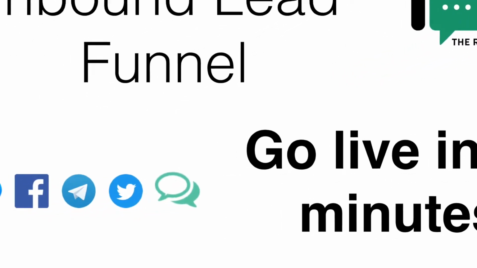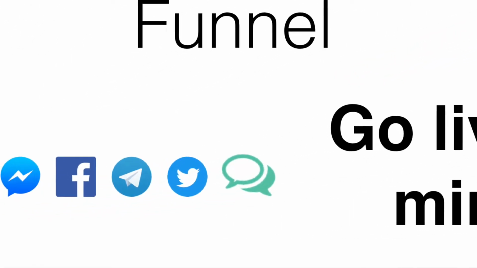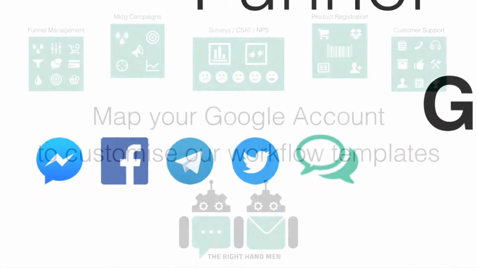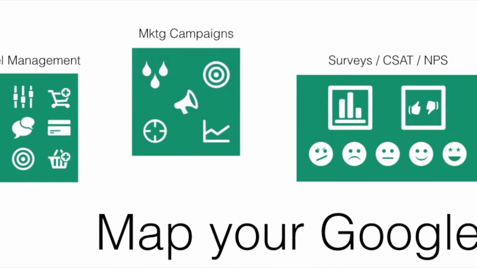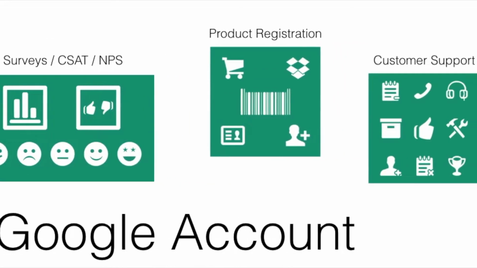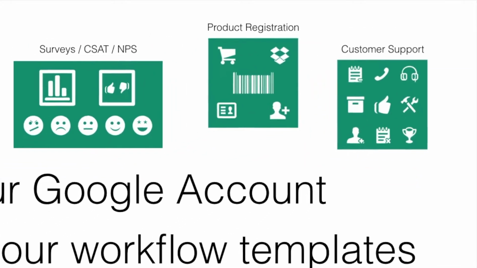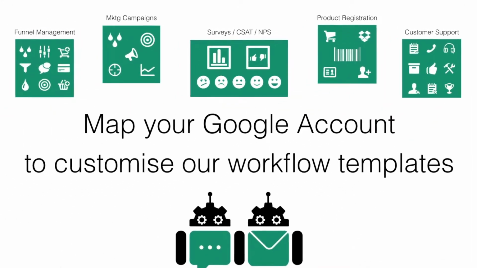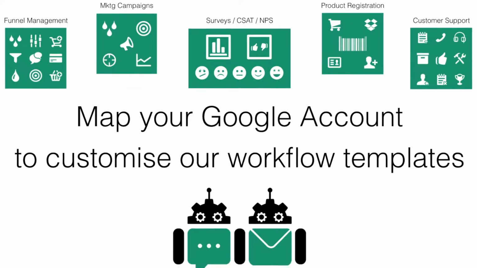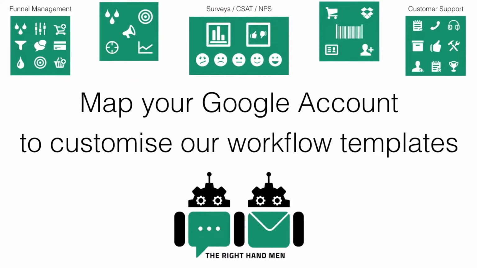Facebook business page, Twitter handle, Instagram account, or even your website's chat functionality, so that you can exploit automation to implement funnel management, sale enablement, customer registration, or even execute post-sale operations like customer support or capture CSAT and NPS with automated feedback surveys. There are also links to videos on the next steps, as in, using our various workflow